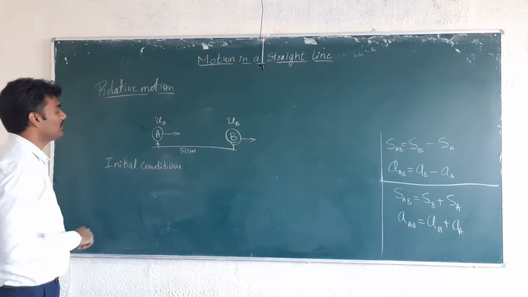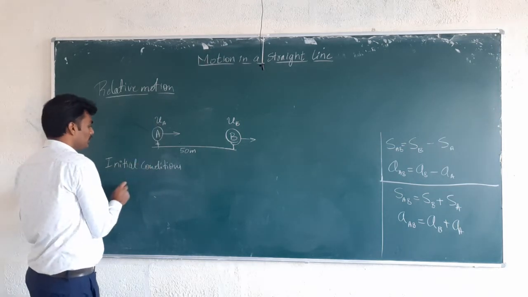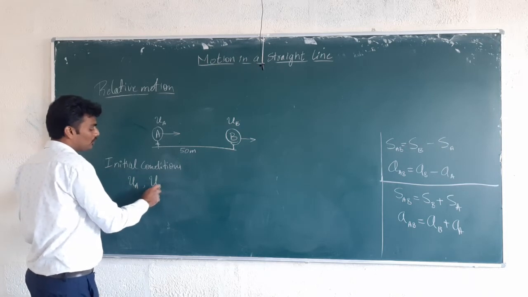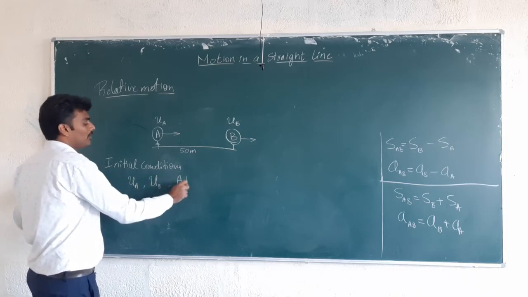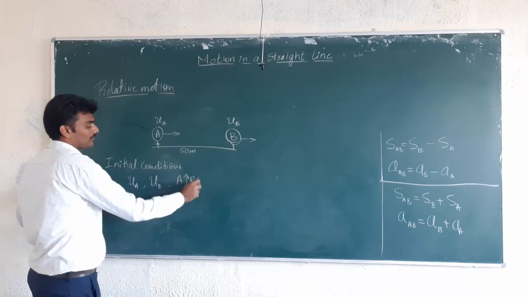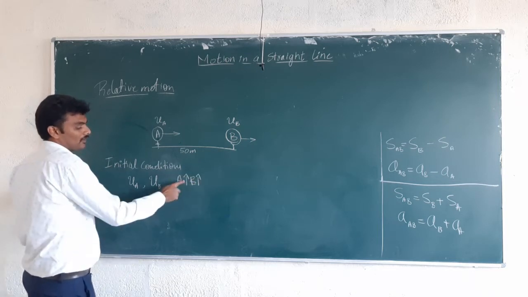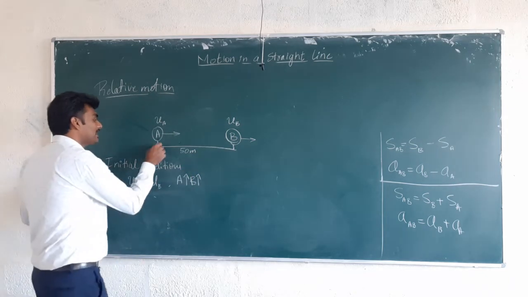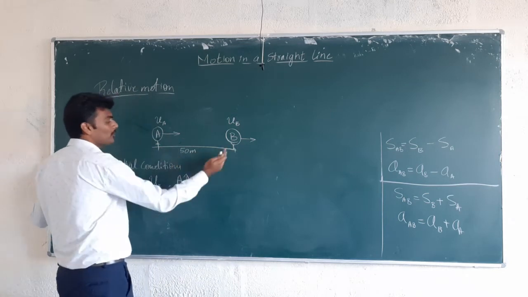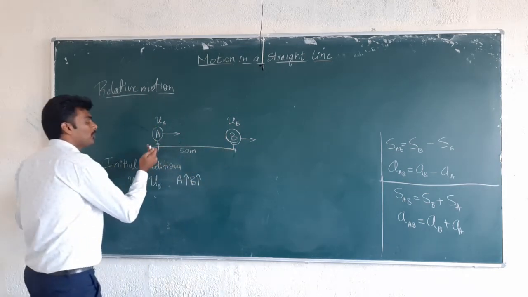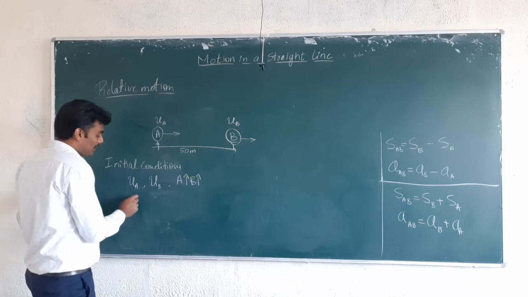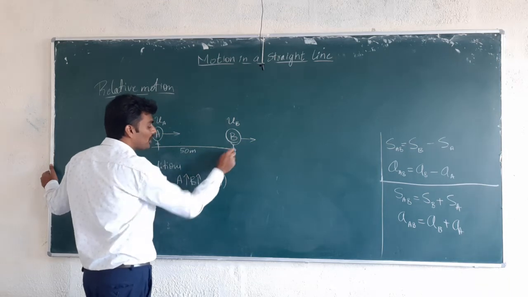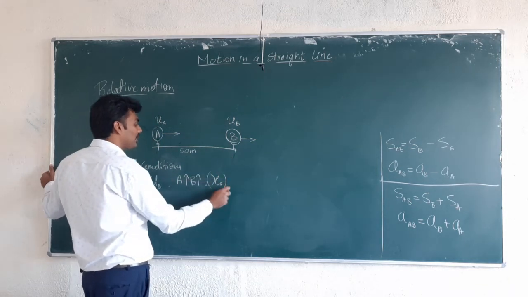In these initial conditions, what we have is the initial velocity of body A, UA, and the initial velocity of body B, UB, and body A and body B are moving in the same direction. Okay, upwards means in the same direction. That's how we can understand. And there is a gap, or initial displacement, of body B with respect to body A, which shall be taken as x naught of body B or x naught of body A.